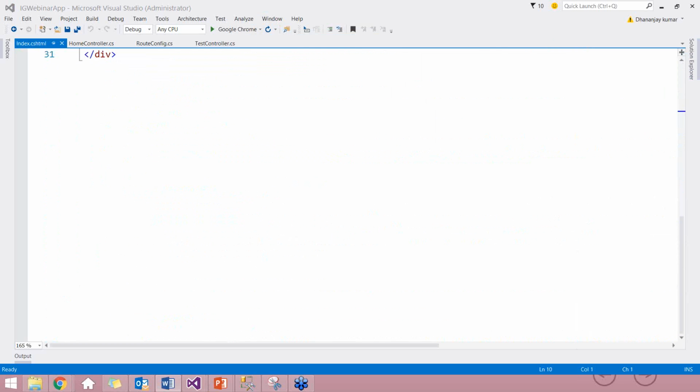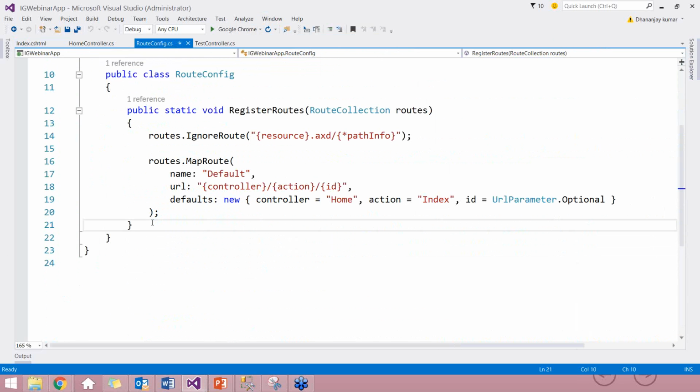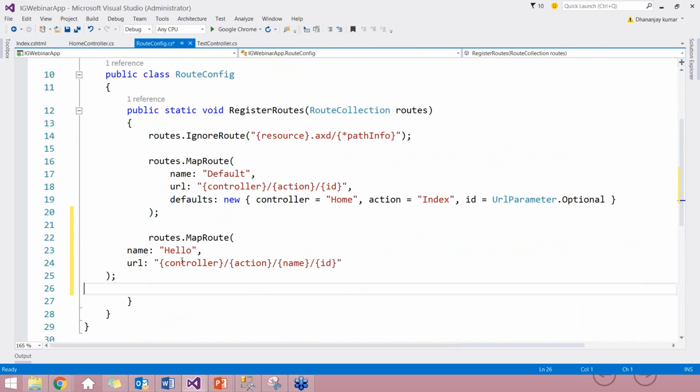Now, if you want to add name also in the route, the name parameter also in the route, you can very much do that. Go to the RouteConfig.cs, and here you can register a new route. I'm again inside the RouteConfig.cs, and what I'm saying is, register a new route, give it the name Hello, and it will take a controller name, action name, and then it will take a name and ID. So what I have done here in line number 24, I have created a route which takes name as an input parameter as well. Now if we go ahead and run this application,